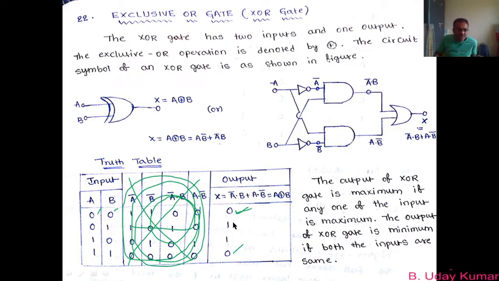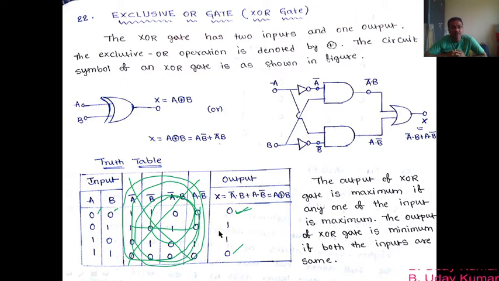So now let us try to observe the other two combinations. We are getting 1 and 1 when we have 0 1 and 1 0. That means you can write another definition from this observation. You can define the exclusive OR gate by another definition also, and that is: the exclusive OR gate is the gate whose output is maximum when any one of the input is maximum. So this is another definition that you can write for XOR gate.